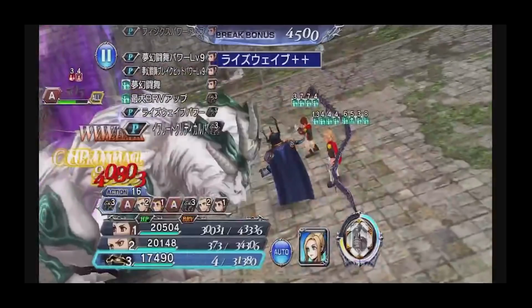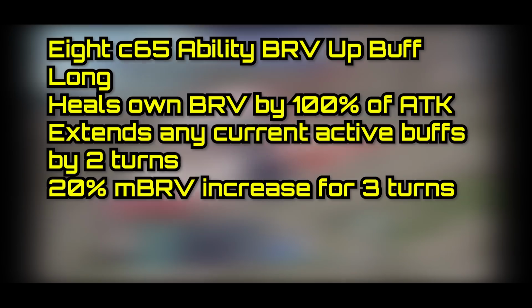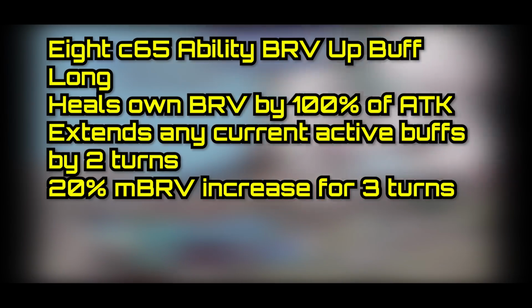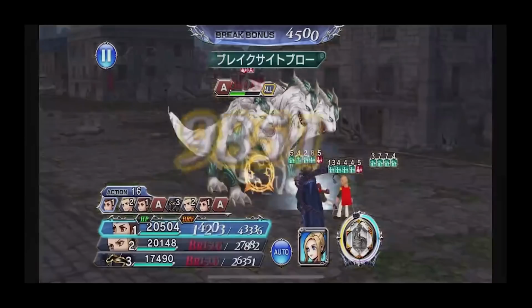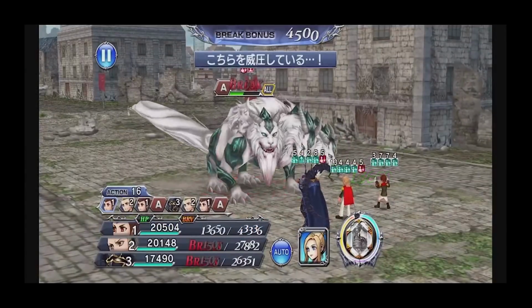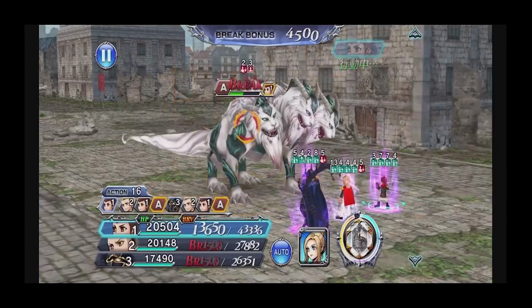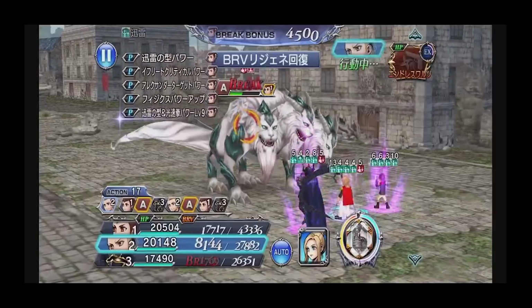8's C65 ability is called Brave Up Buff Long, which heals his own Brave by 100% of his attack, extends any currently active buffs on him by 2 turns, and increases his own max Brave by 20% for 3 turns. As you can see, 8 is all about massive single target damage with some very strong buffs to his attack and max Brave. Not to mention, his Lightspeed Jab option gives him some very good longevity for some of the